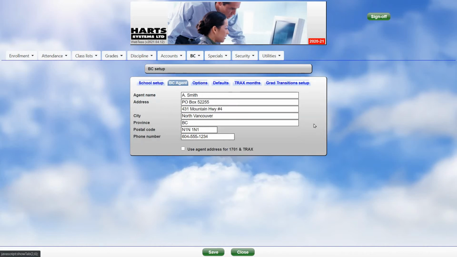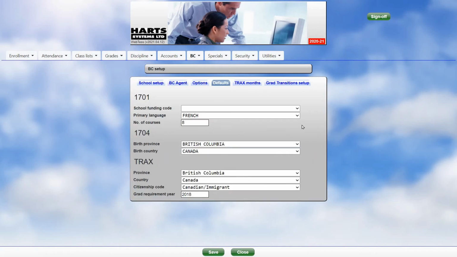If you have a BC agent, you can enter these details. For offshore schools, if you check this option, the program will use the agent address for all students for 1701 and tracks. Next, under the Defaults tab, you can set the default requirements for BC 1701, 1704, and tracks data